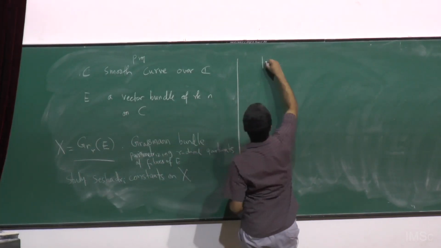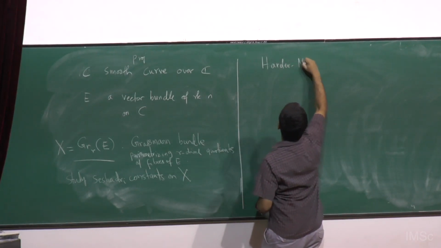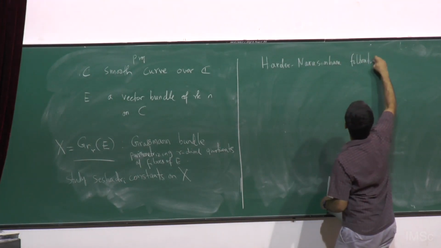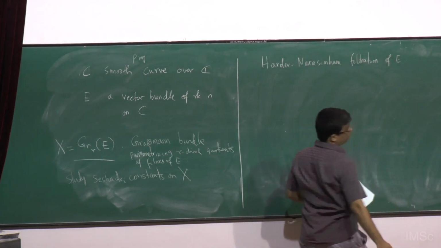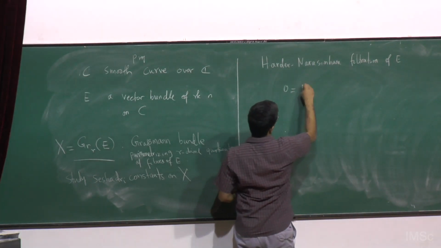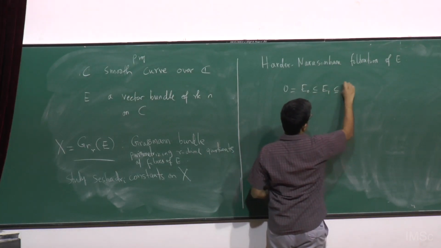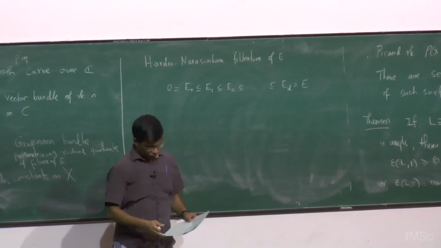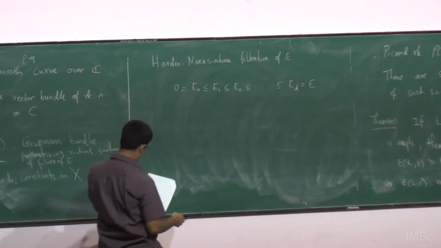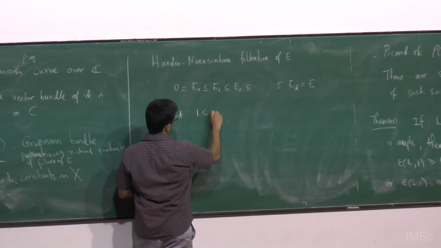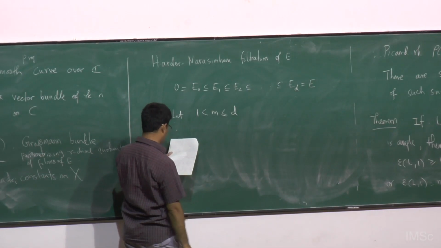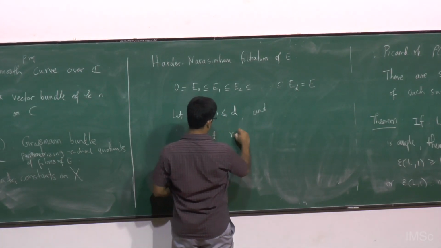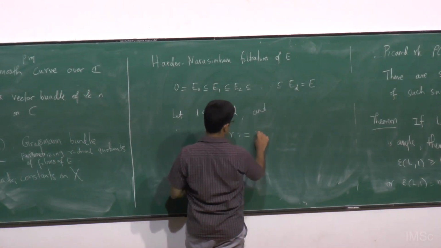So we look at the Harder-Narasimhan filtration of E. It looks something like this. So what we do is let M be something between 2 and D, and let R be the rank of